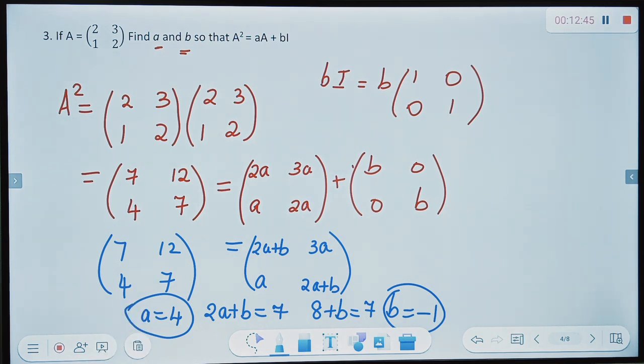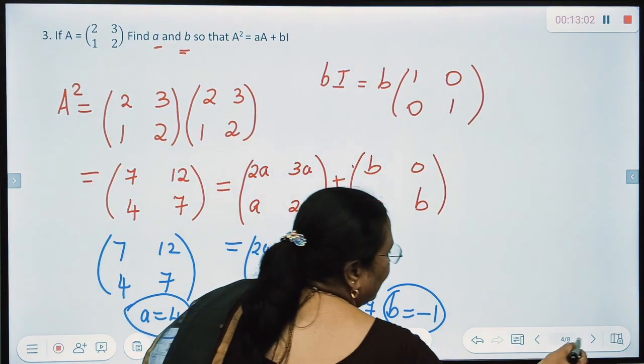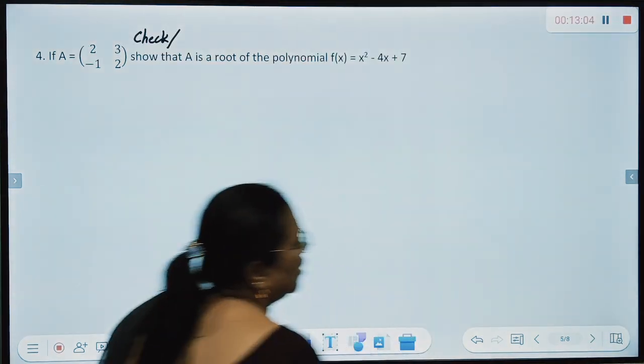So is it clear? So these are just basic ideas. We are just working with basic operations of matrices. Only if you do simple sums, you will understand how to do the basic computations. Once you are thorough with the basic computations, then you can start doing slightly more difficult competency based problems.